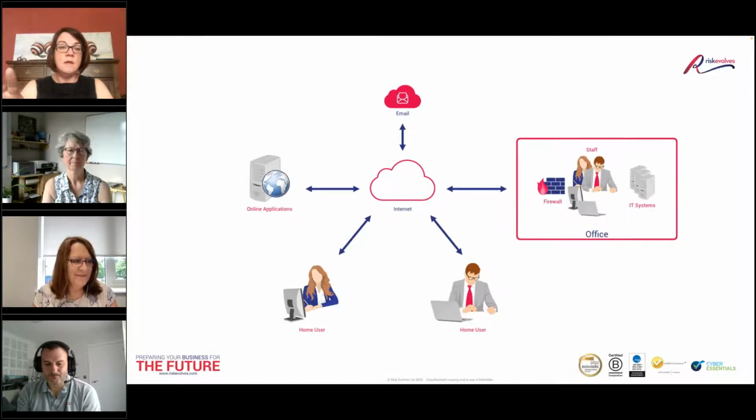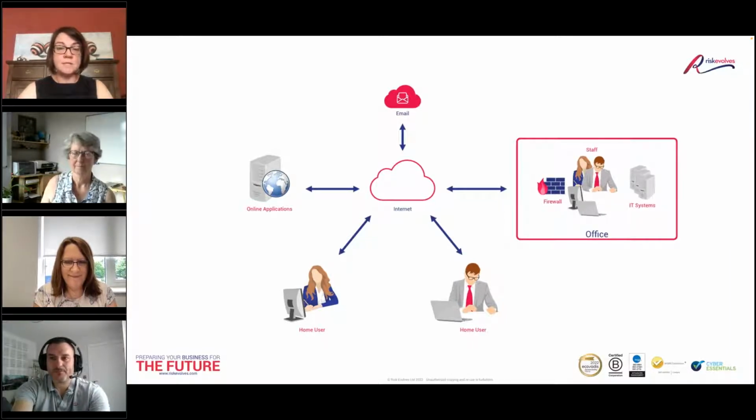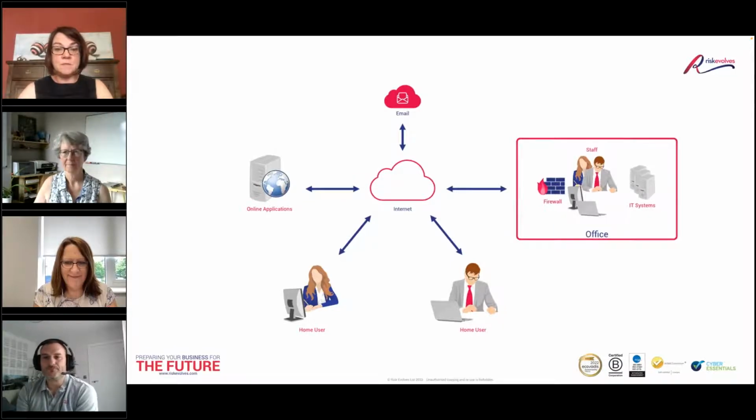Now then you will also have office applications, business applications that sit outside of your office environment, physically sit outside. So there's been a massive move over the last couple of years and probably driven further by the pandemic, moving from email being on a server in your building to email being hosted in the cloud by Microsoft, and that's called Office 365. Google has one called Gmail. And those are very predominant in the business world now, that people have email external to their business. So it's not sat within that little pink box, it's sat outside.